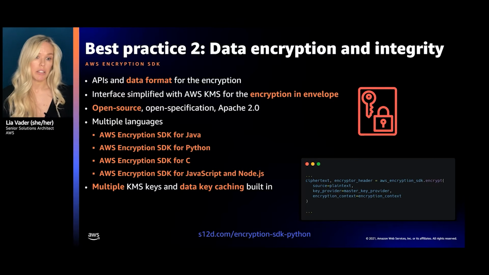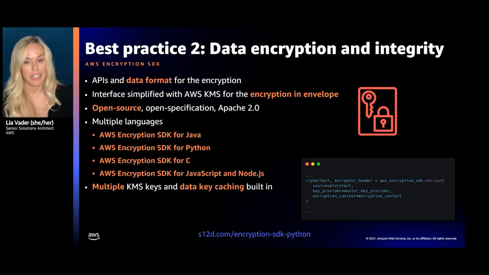Whether you do this in Lambda or outside Lambda, you can take advantage of the AWS Encryption SDK. It's a client-side encryption library, and it's designed to make it easy for developers to encrypt and decrypt data following best practices. And you can see a small snippet in Python of calling encrypt. The AWS Encryption SDK uses envelope encryption to protect your data. That means you're encrypting your data with a data encryption key, then encrypting the data encryption key with a wrapping key. And you do this by specifying the master key provider, which again you can see in that code snippet.